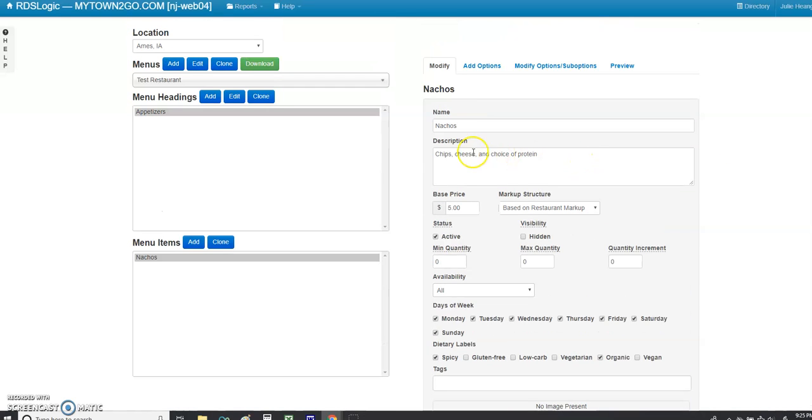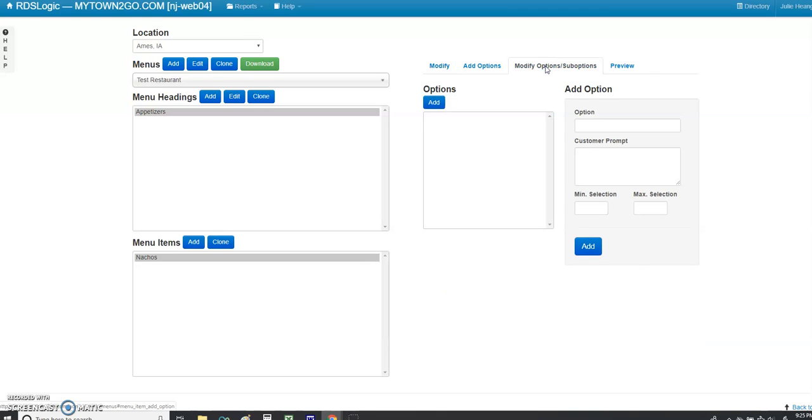So here in the description, because it says choice of protein, now we have to add the sub options. I'll go to modify options, sub options. Here, this is the name under which I'll list the options so I know what's under it. For me, I'll just say nacho proteins. And the customer prompt is, please choose one protein. Min and max selection is 1 and 1 because they can only choose one